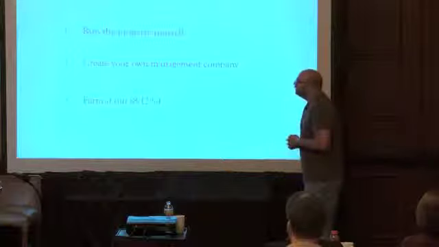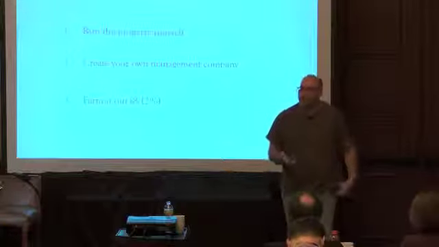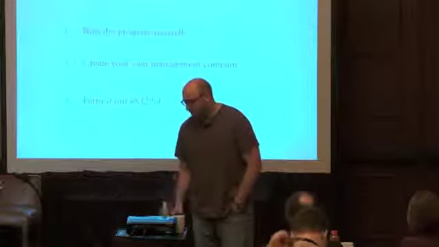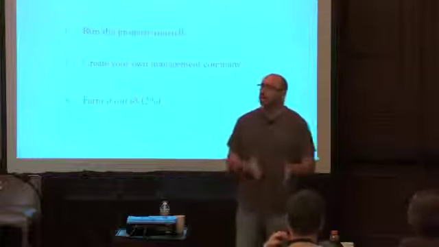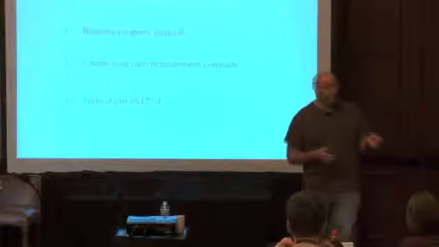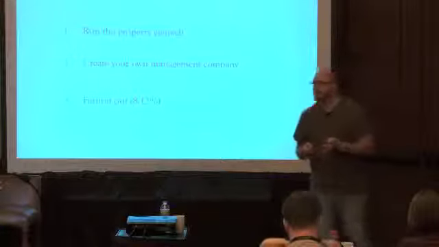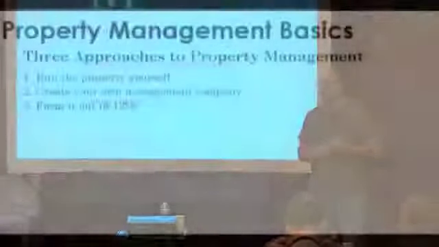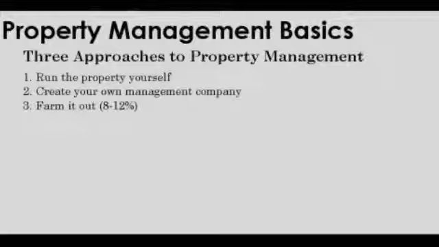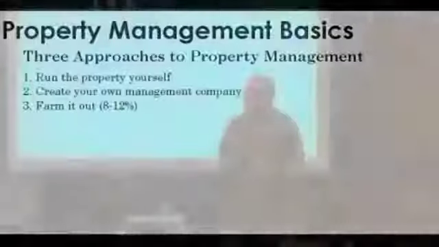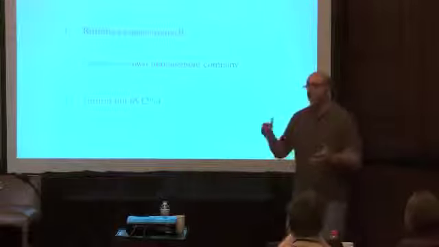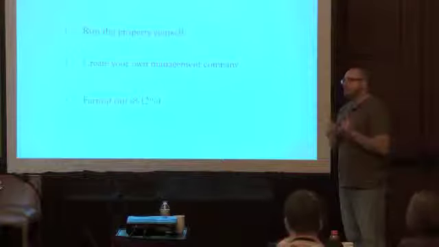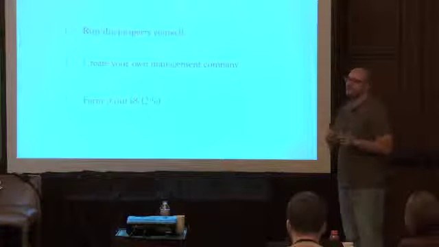Number two, create your own property management company. Now there's a thought. You create an entity, you're actually in Canada, but it's an American entity, and you hire somebody part-time or full-time to manage your property. I would say if you're going to do this, make sure that you've got a few units under your belt. I wouldn't necessarily recommend this for 1 or 2 houses. But if you're buying apartment complexes or smaller apartment buildings and you've got a few of these, this might be the way to go. Now, the difference between the second one and the first one is this.